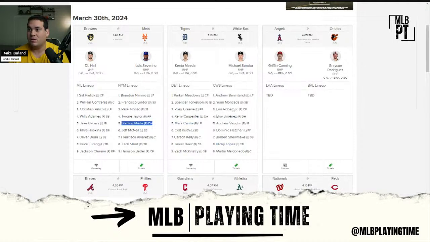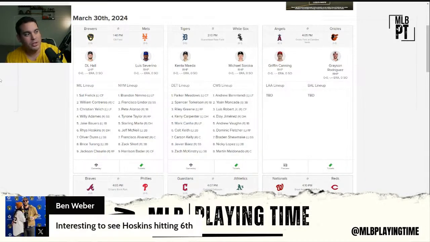Getting back to here, the Tigers. This is kind of what we saw in spring. Baez batting eighth was a surprise, not so much against righties. That's how we had it. But against lefties, I did initially have him higher just because Baez is better against lefties. And, oh yeah, good. Ben, appreciate the comment.